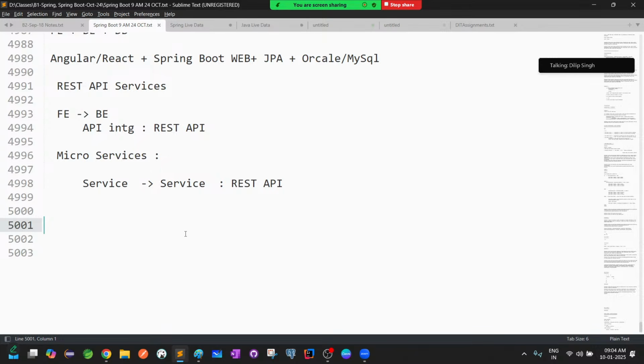Don't worry. Okay, so first of all, what is a web here? Why are we calling it a web module? That is the point. Why does Spring Boot give this, or why are we calling it a web module? Generally Spring Boot always represents this as a web module. So why are they calling it a web module here? The reason is,